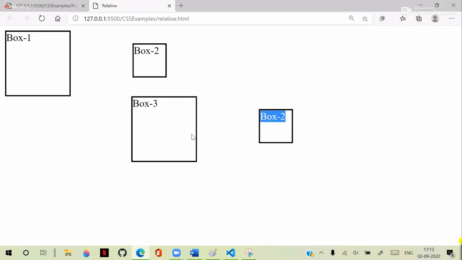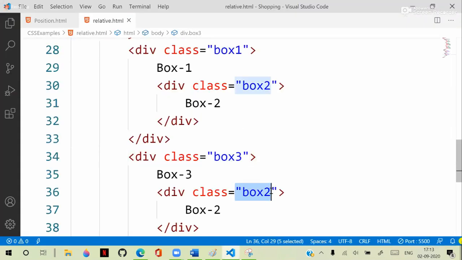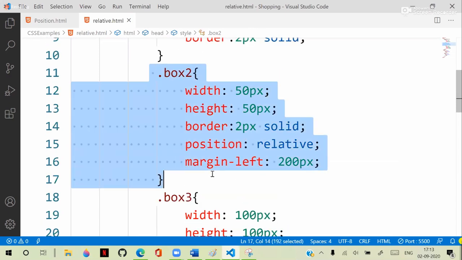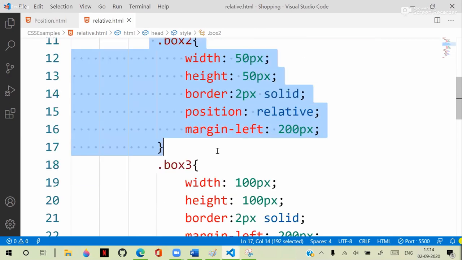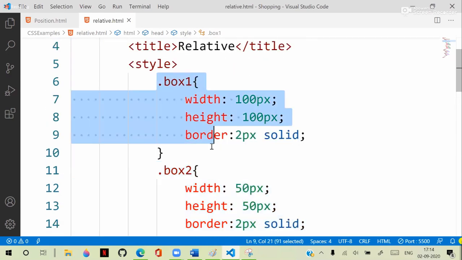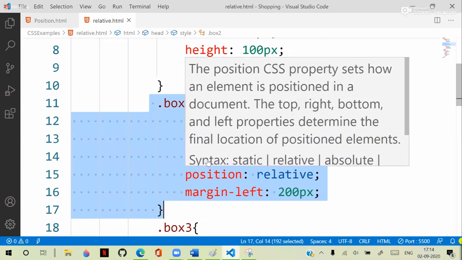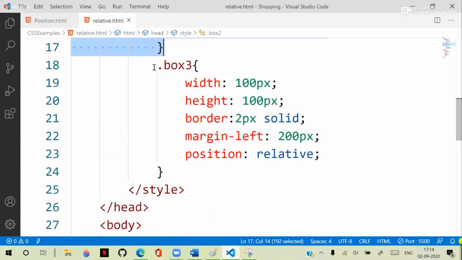So we kept relative position for this box 2. When it is relative to box 1, it will set 200 pixels from box 1. When it is relative to box 3, it will set 200 pixels from box 3. That means relative to its parent. Because